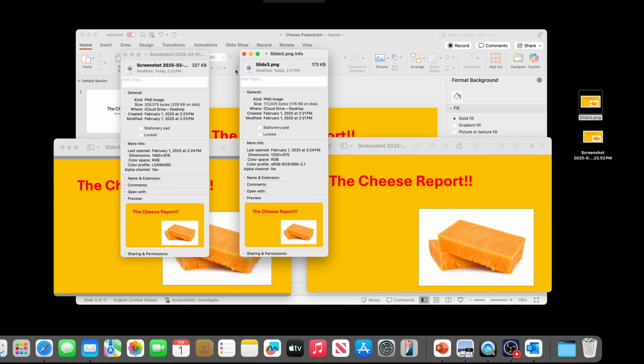We're talking about 327 kilobytes versus 173 kilobytes of information. But what's interesting is that if you think about how this might go into an email that you send to people, or something that you actually share, at scale, this starts to multiply, right? So let's say, for example, I sent an email to 100 people within my organization. That's 327 times 100. That's going to be around about